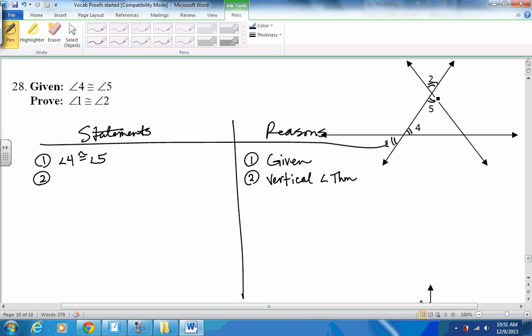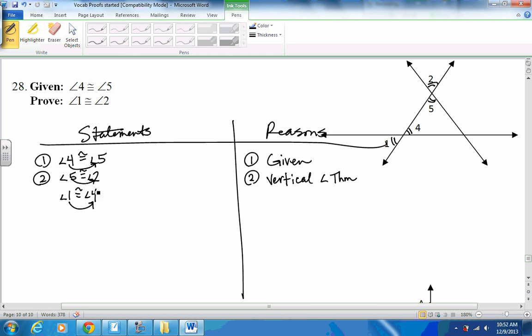But I want to tie these together just right. So if I go from 4 to 5, I need to be able to go from angle 5 to angle 2. So now if 4 is to 5, 5 is to 2, I am going to be able to say 4 is to 2. Now I don't want to say 4 is to 2. I want to say 1 is to 2. So I actually want to start with 1. I want to go from 1 to angle 4. And I have this laid out just right so that if we start at 1, that goes to 4. And then from 4, we go to 5, and then from 5 to 2,